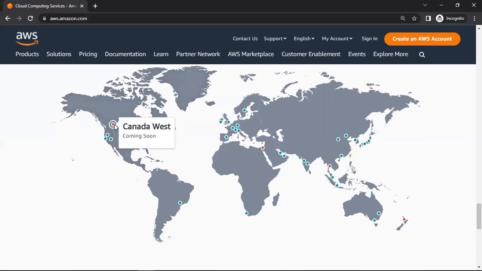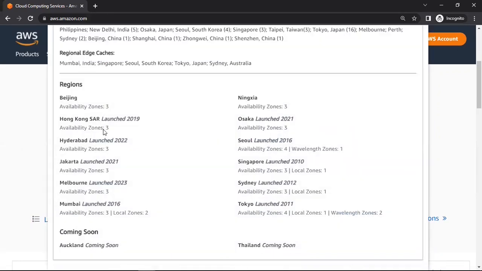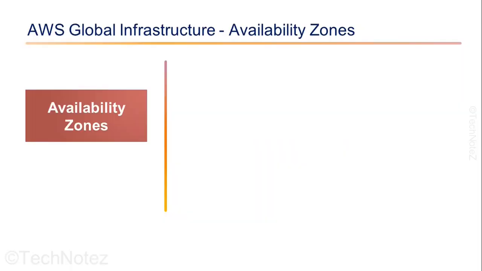The red dot means the AWS region is coming soon and it's not yet ready to host applications for users. If you want to see how many availability zones are hosted in each region, just click on the list view. Here you will see the number of availability zones in each AWS region. So if you are planning to host your applications on the AWS cloud, you can always come to aws.amazon.com to confirm the closest AWS region. Next, let's talk about availability zones.